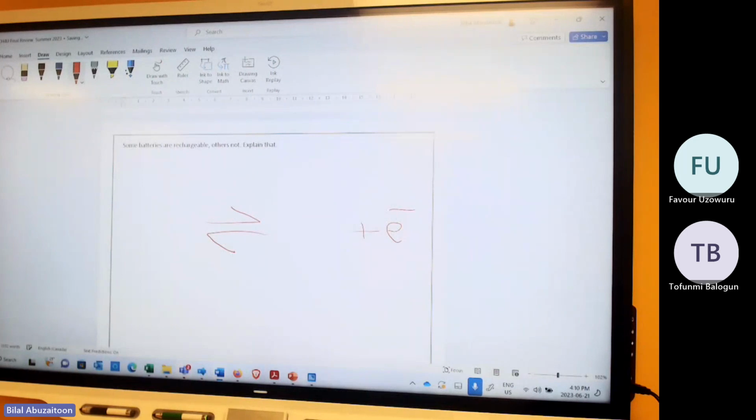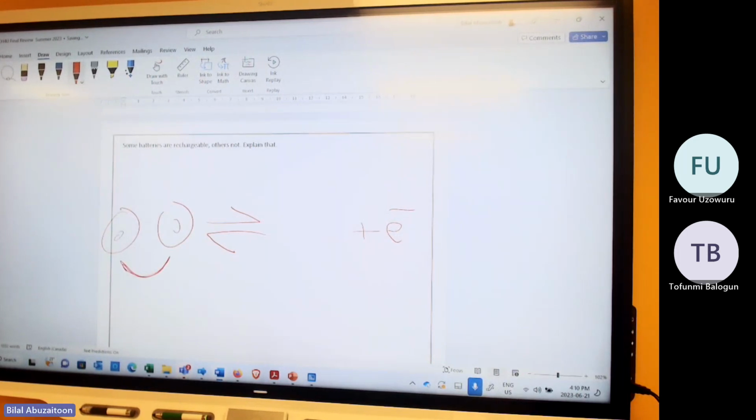Electrons, electricity. That's why it's a battery, right? A battery produces electricity. When we add electricity back to the battery, we are shifting the equilibrium to the left to reproduce what? The reactants, right? So when you use the battery, you are actually reacting these